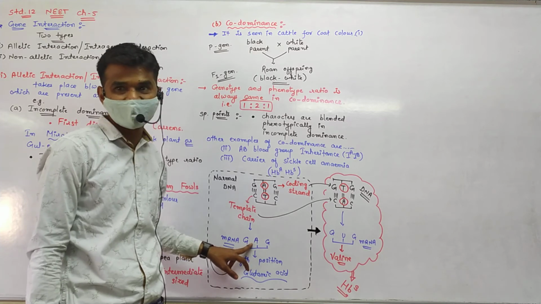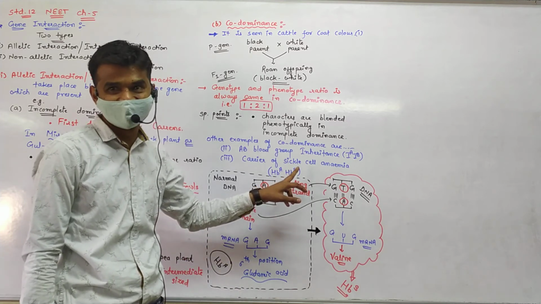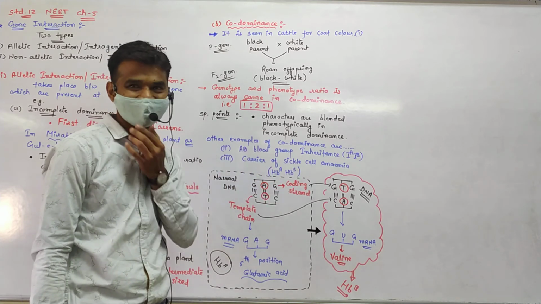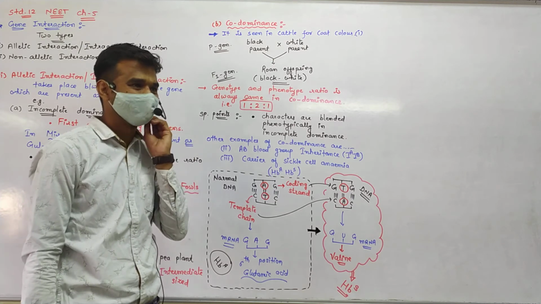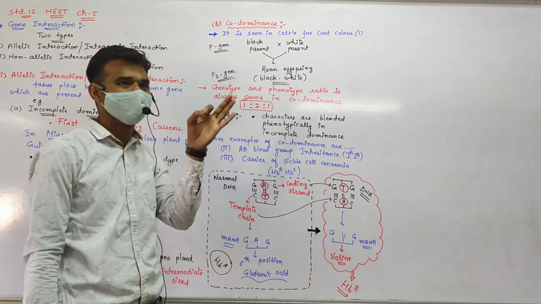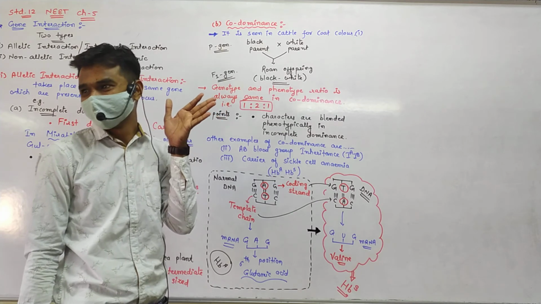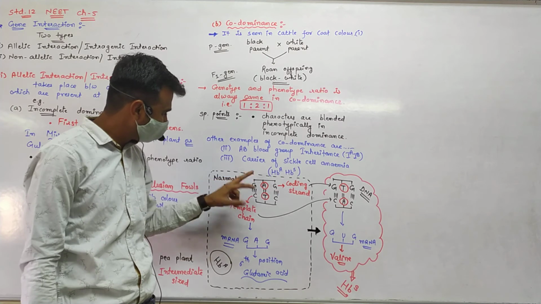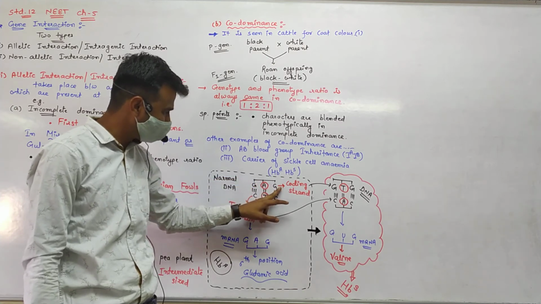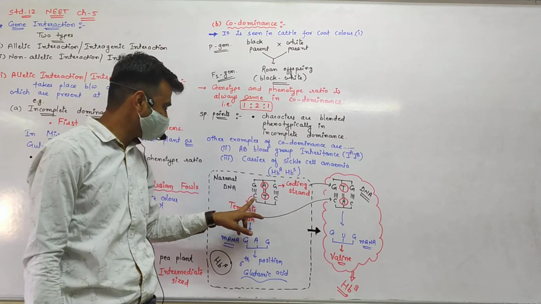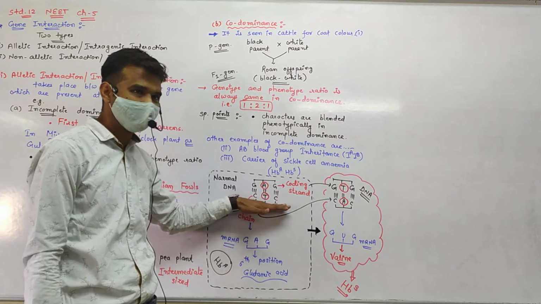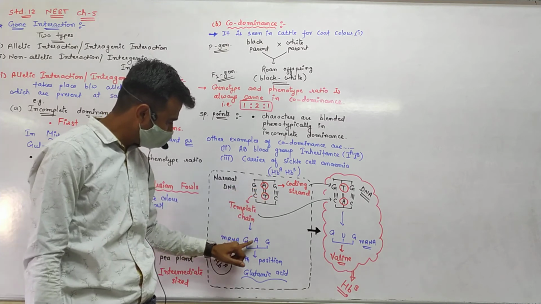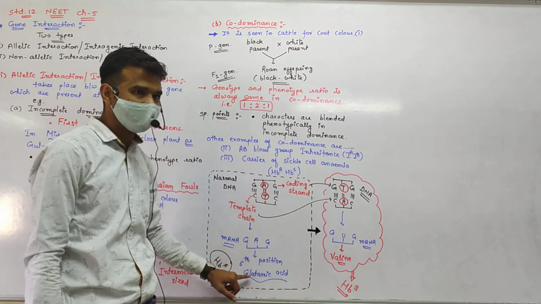This codon is not from the coding strand. The coding strand cannot form the codon. First you clarify the meaning of coding strand and template chain. So on the normal DNA, the coding strand is GAG and the complementary strand is CTC. This is the normal strand, but this strand acts as a template chain. It forms the GAG and then glutamic acid is there on the 6th position.